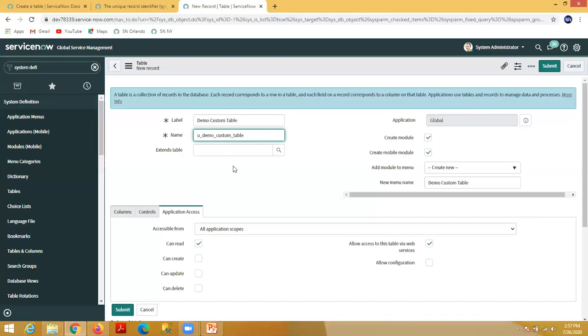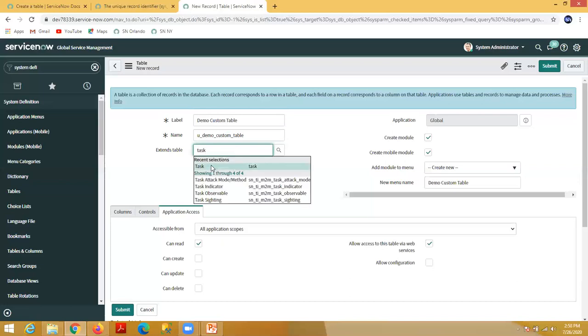Now this field is Extend table. Suppose you want to create a table which will inherit from any other existing table. You can select any table here, let's say the task table.